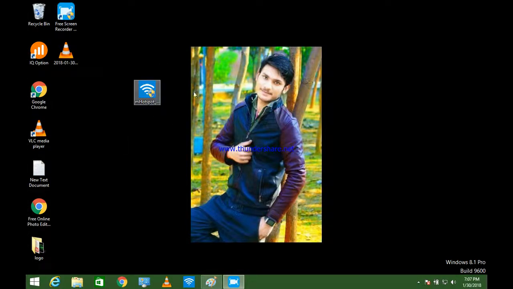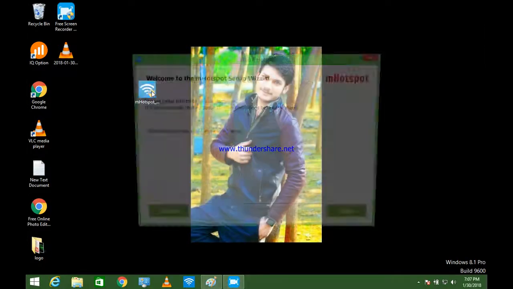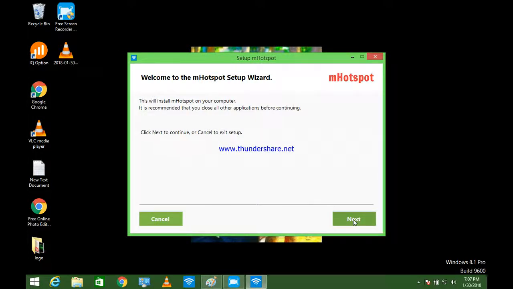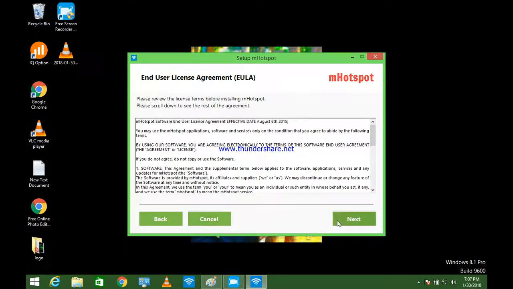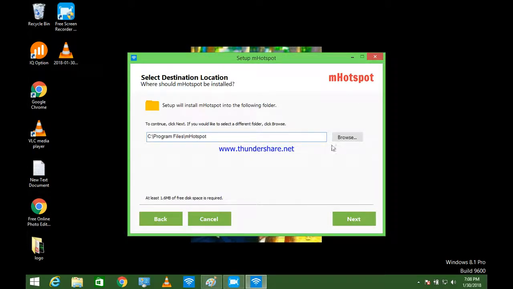Just wait, it might take some seconds. After that you need to click on next, then again next. Look, there you will select the exact location where you want to install it. I want to install it in my C partition, because that is for software purposes. So click on next. The name of the software, hotspot, keep as it is, click on next,